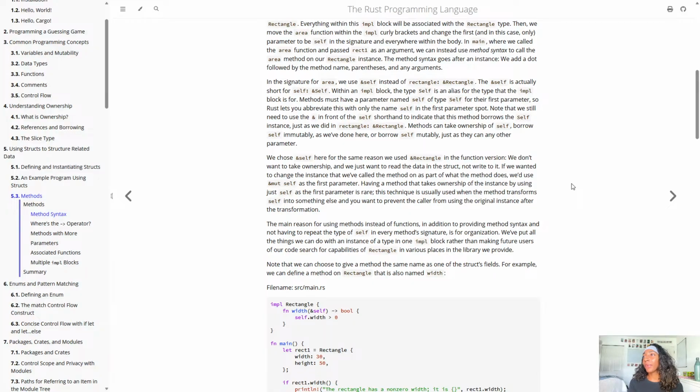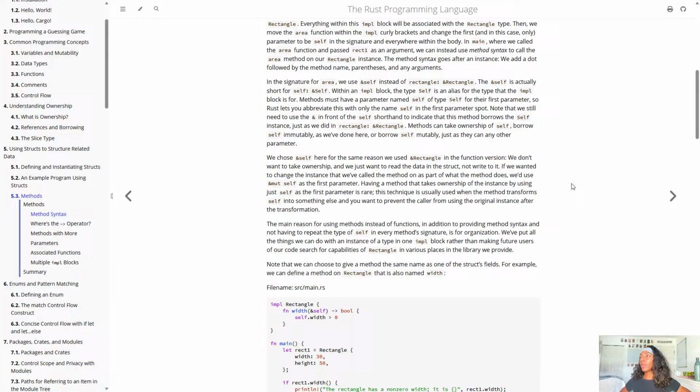Methods must have a parameter named self of type Self for their first parameter, so Rust lets you abbreviate this by only using the name self in the first parameter spot. Note that we still need to use the ampersand in front of the self shorthand to indicate